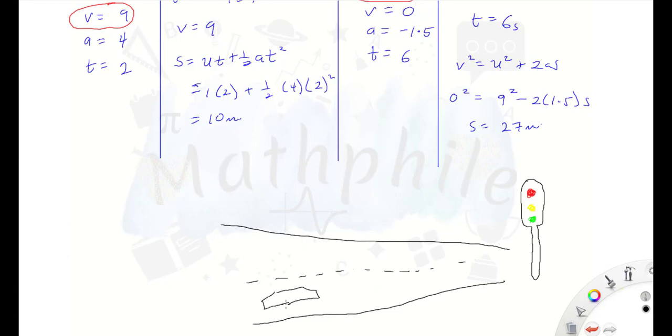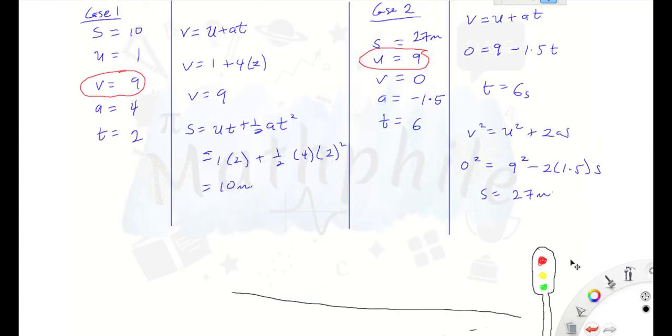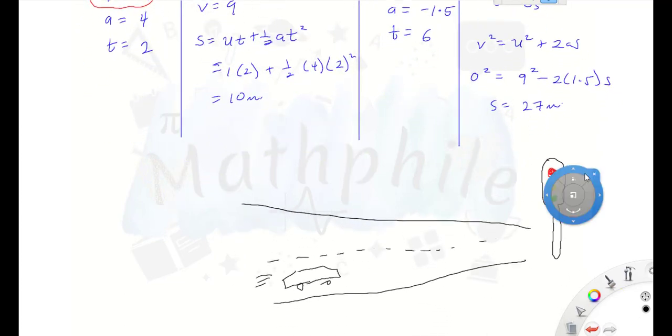I don't know if you copied the question. Can you read the question so that we visualize? We should have done this earlier. Okay, so I think the car was at this point, and let's say that this traffic light is very far from the car. This is where the car got to before the driver saw the traffic light and it started to decelerate before stopping. So at that point,